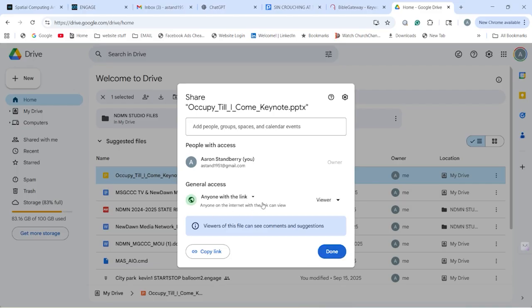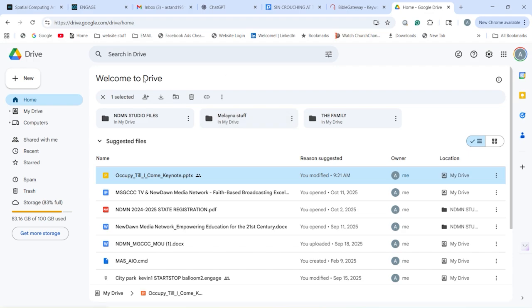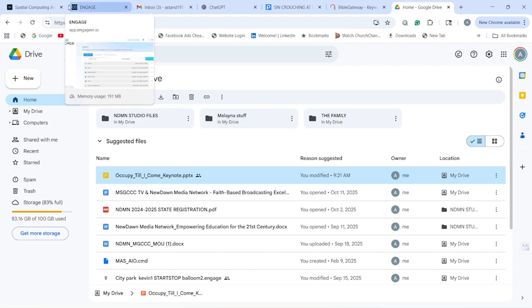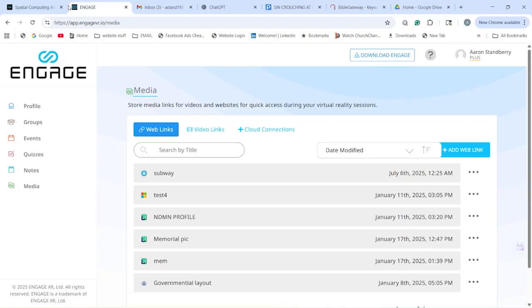Now, once you copy that link and you're done with it, you're going to go to Engage dot IO, your login page. You're going to log in, and then you're going to go to Media down here, right at the bottom. You're going to make sure that you're in Media. Your web link is right here. And then you want to go over here to the blue space right here,